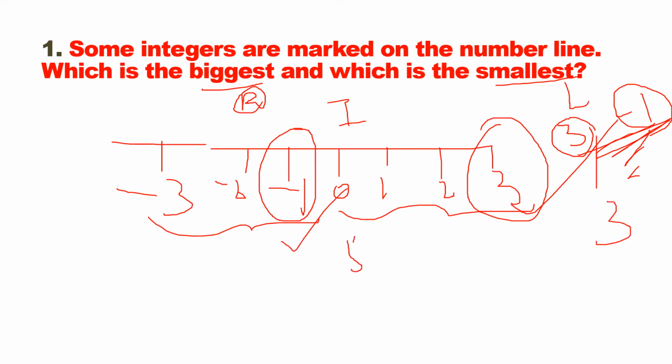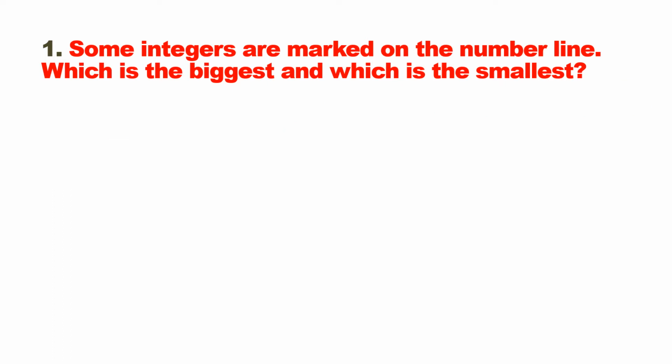Okay, why smallest, why biggest? The right side, why are they the biggest one? Because biggest means always when you add, then only you will get the biggest one. When you subtract, when you get less, then only you will get the minus numbers, right? So minus means the smallest. You should go on the left side, right? We should go less, we should subtract means left side. We should add means right side. Clear? So biggest means right side, smallest means left side.